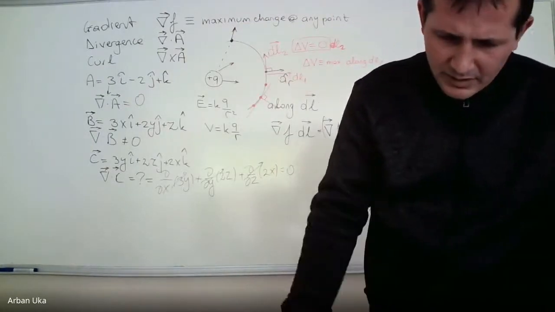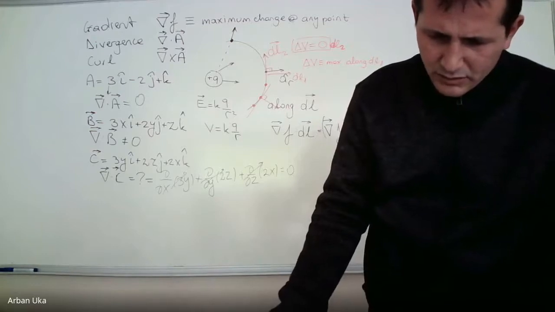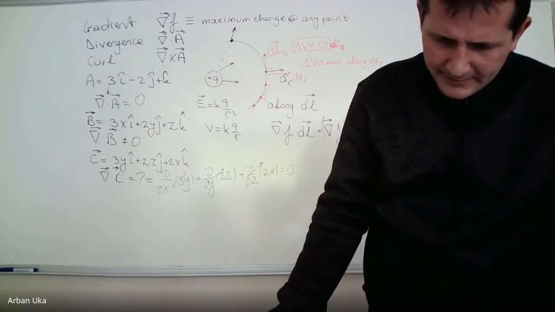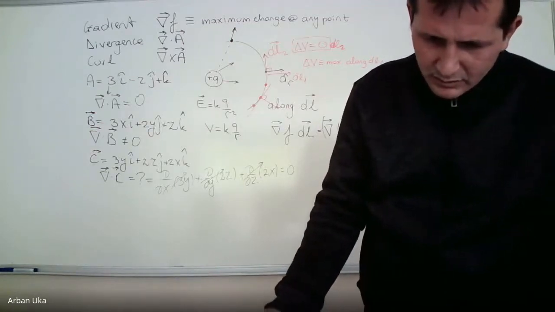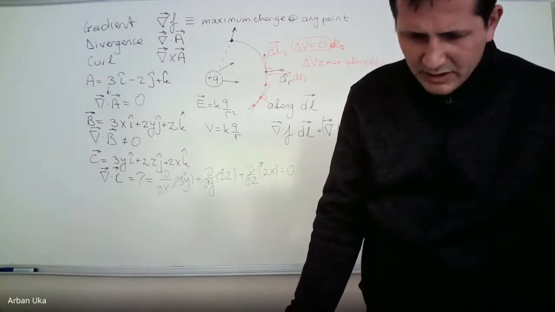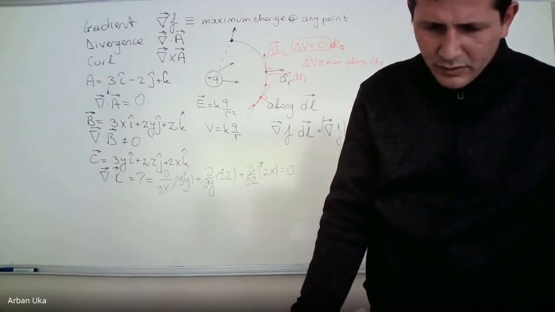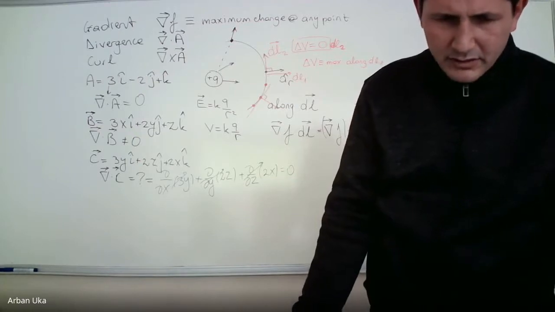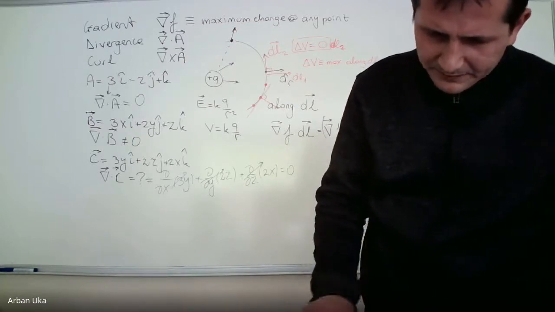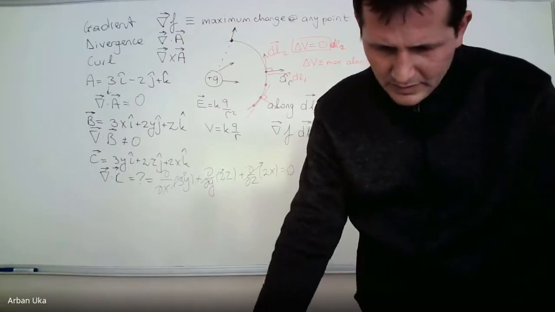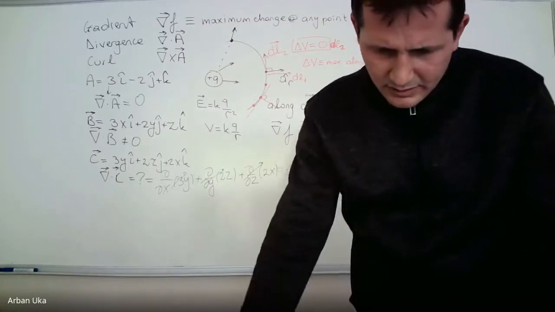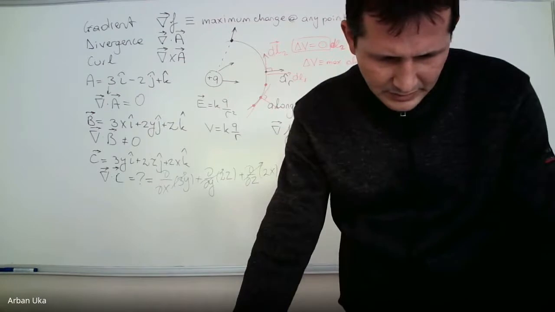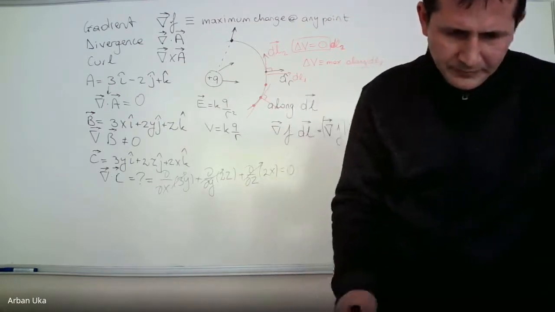to remind us also not only on the mathematical aspect, but also on what we understand from it. Delta V equals the maximum change times cosine theta. Okay. So this was the gradient,